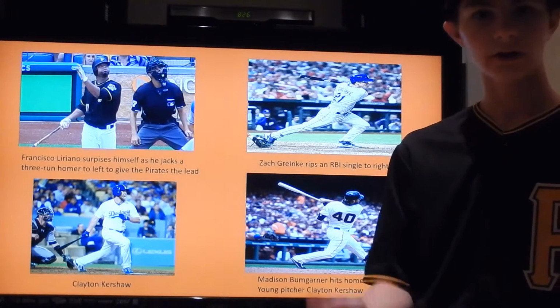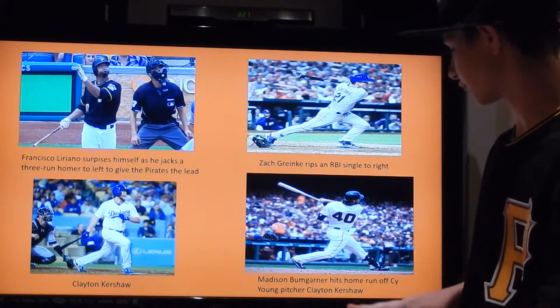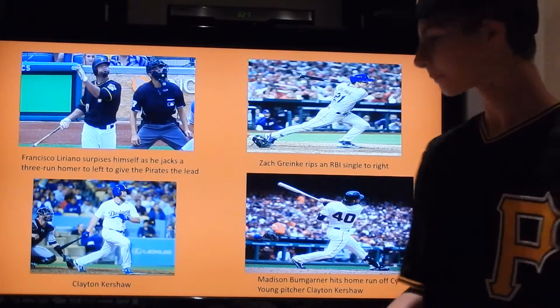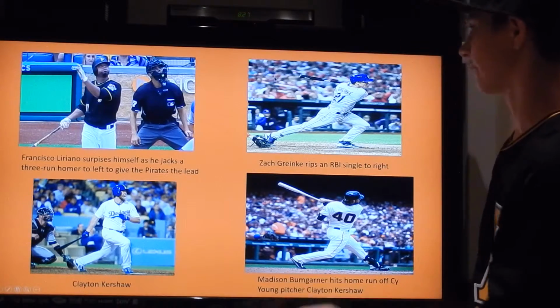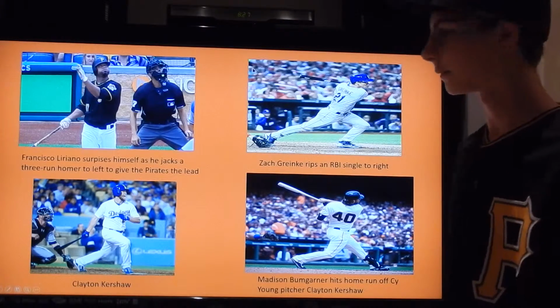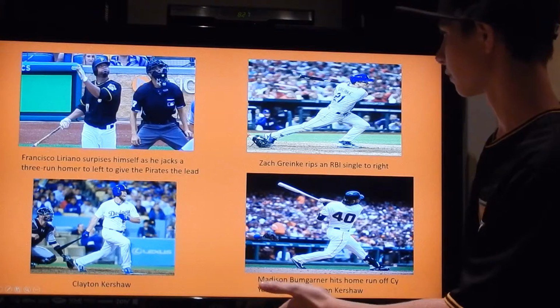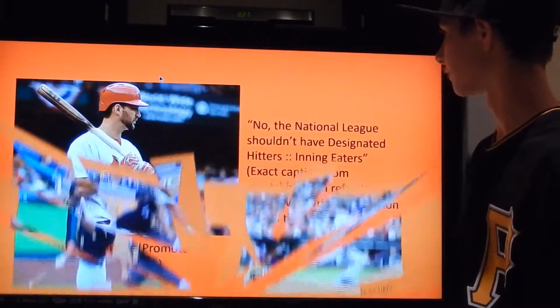And so, you see how these pitchers are really trying to get their teams above their opponents. And hitting is the only way you're going to do that. You can't win if you don't hit. That's the old saying. And these pitchers are just doing their best to make it a lot easier for themselves.